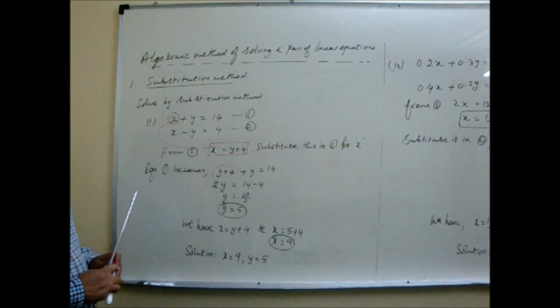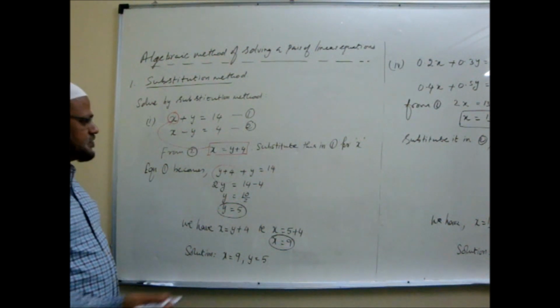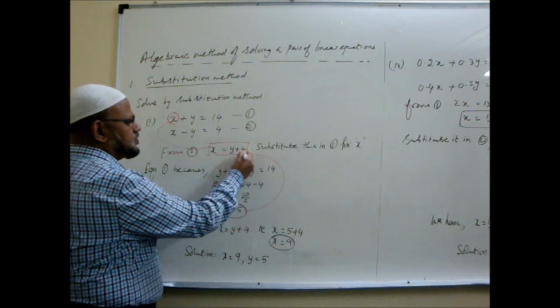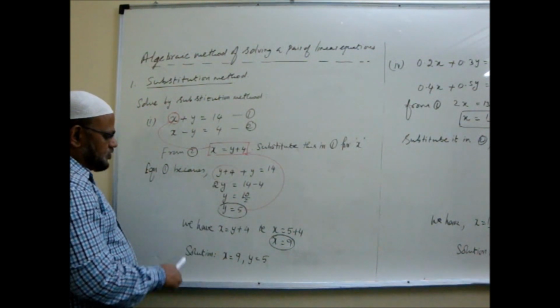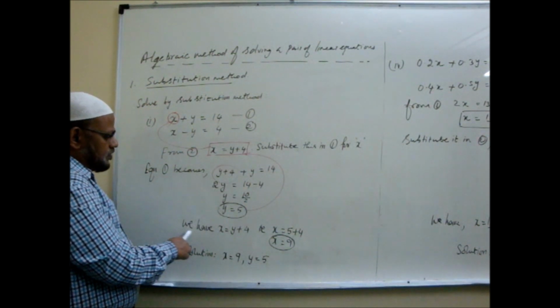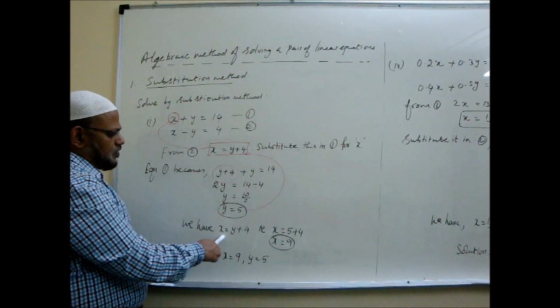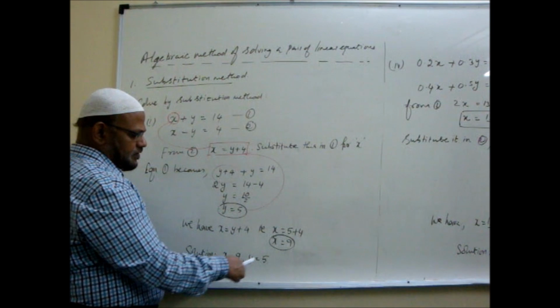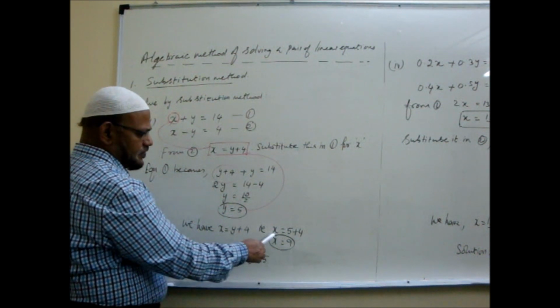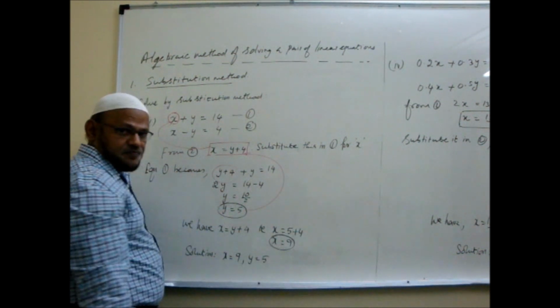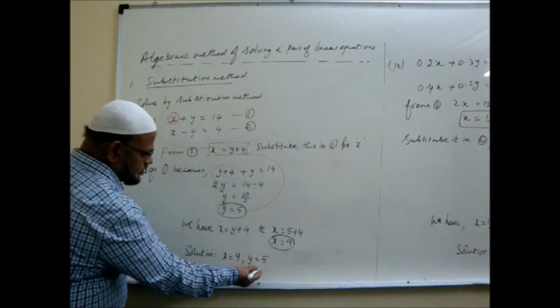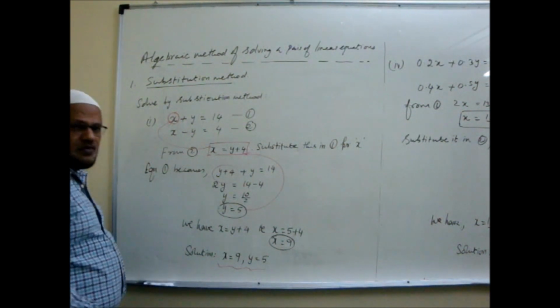After finding the value of y, you need the value of x, you know. Where is x? Already here, x is equal to y plus 4. This you take and substitute, put it back here. So what will come now? x is equal to y plus 4 we have. So y is already obtained, that is 5. So x is equal to 5 plus 4, and x is equal to 9. So the solution is x is equal to 9 and y is equal to 5.